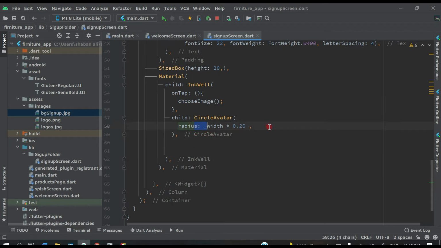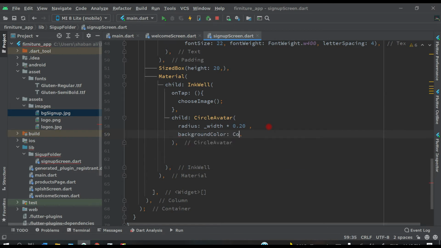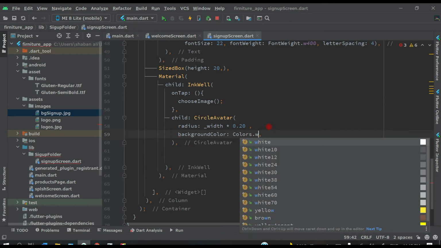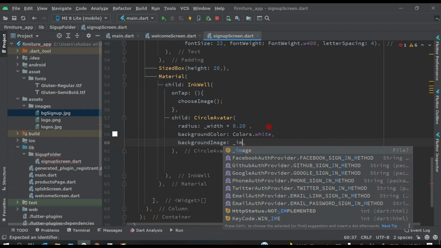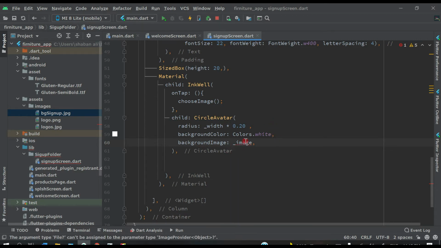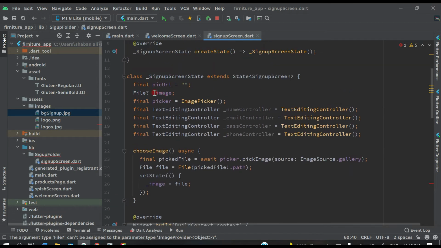After this, background color will be white, and background image will be _image. And remember guys, what is this variable? This is the same one we created here, this one.